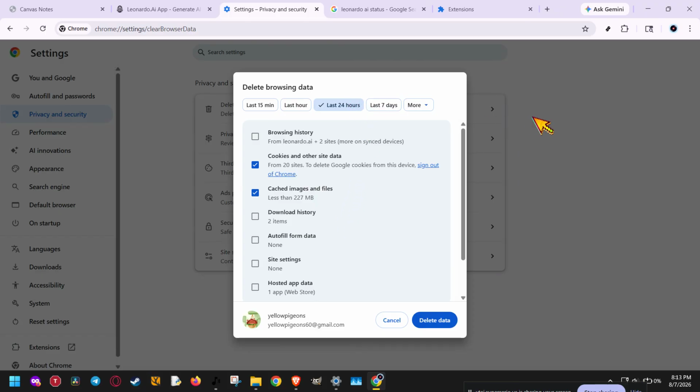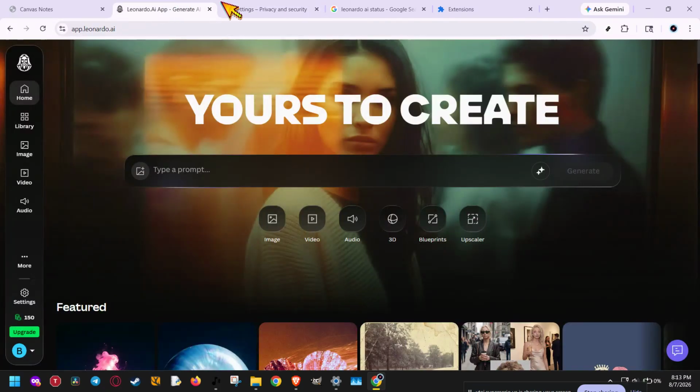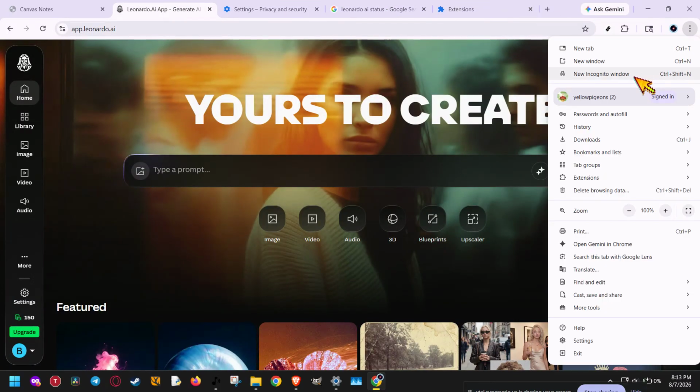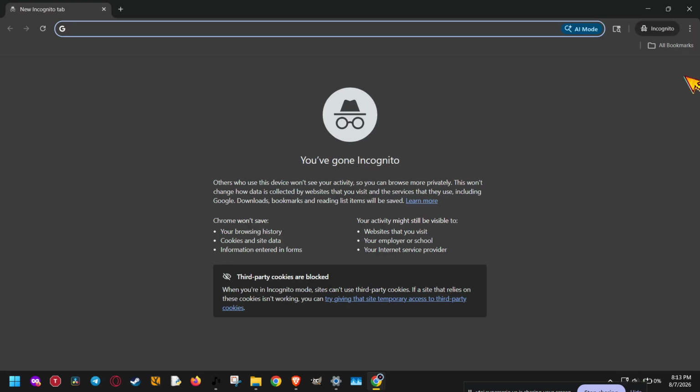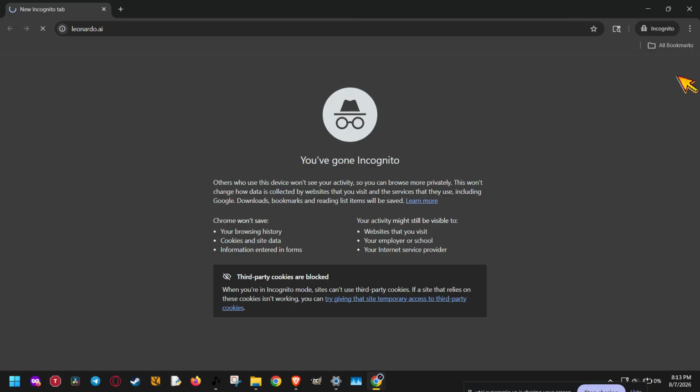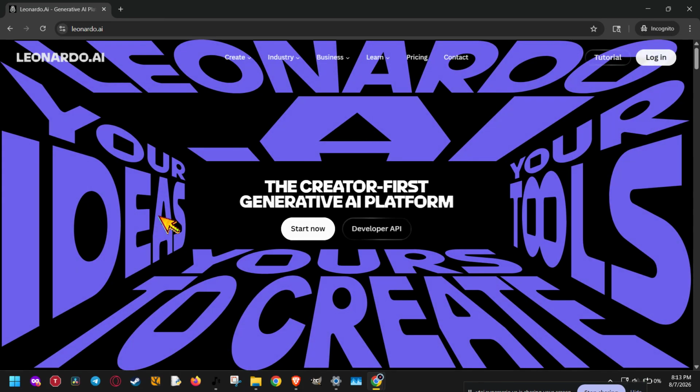error. After that, open an incognito or private window by pressing Ctrl, Shift, and N. Then go back to the Leonardo AI platform and log in again from the private window. Using an incognito session gives you a clean browser state and can bypass any extension or cache issues from your